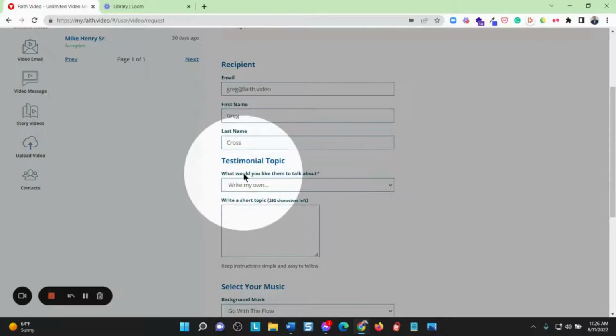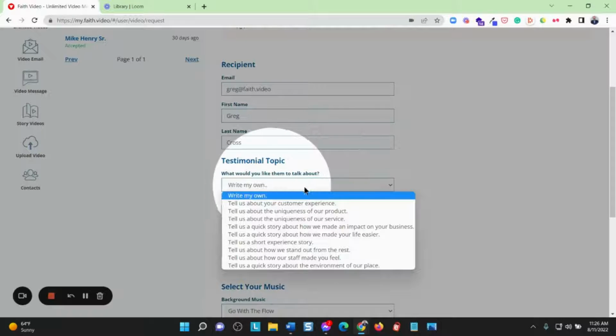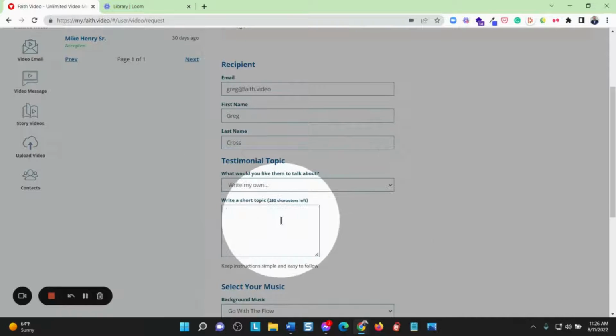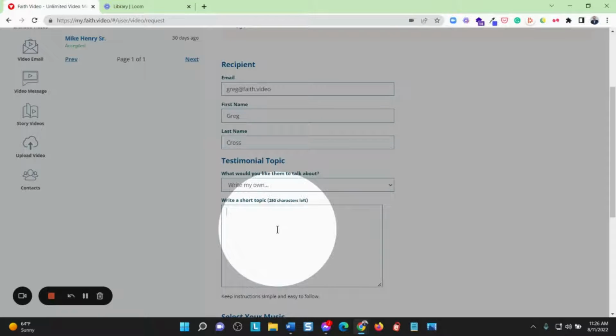Then the second one is you can do a testimonial topic. I recommend that you actually spell out for them what you want them to say. Because prior to asking that person for a video testimonial, they're going to say, okay, Pastor, small group ministry leader, what do you want me to say? And this is